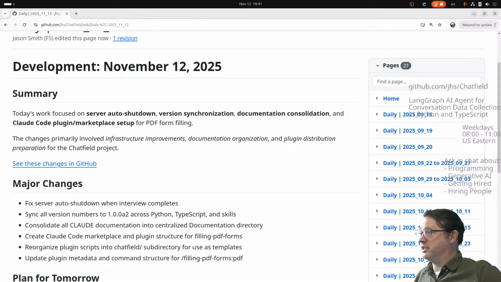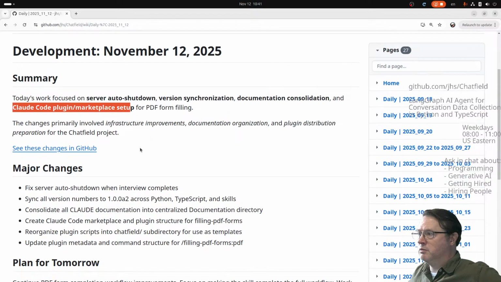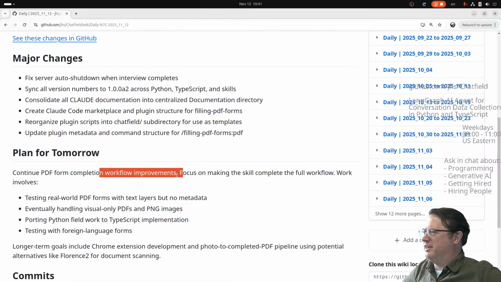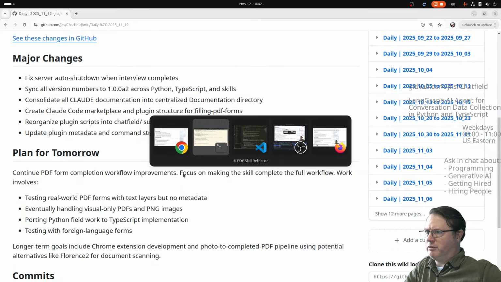And then there is now a Claude Code marketplace. I believe you could connect to it through GitHub. I will definitely be testing that tomorrow. And so tomorrow's plan is the workflow itself still kind of doesn't complete well. Either the instructions are unclear or for various reasons it goes off of the plan. And I think that's relatively straightforward fixes to get that working. It definitely just now did it